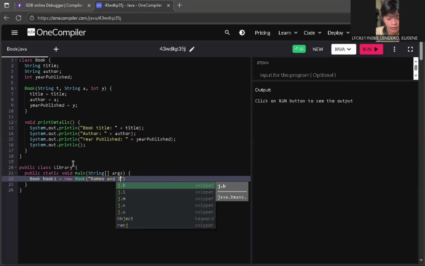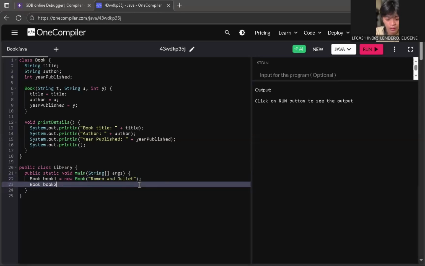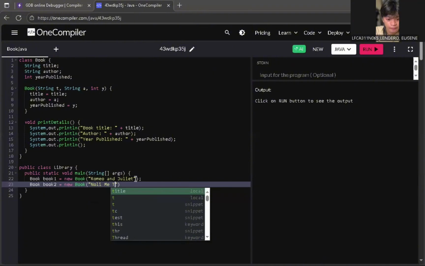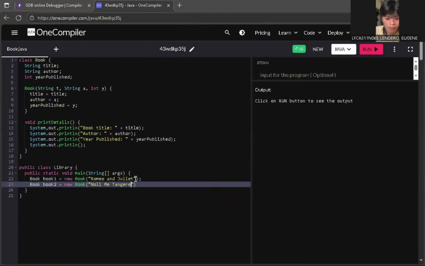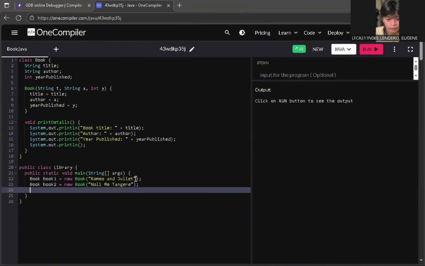My second book is Noli Me Tangere. Then my third book is El Filibusterismo. Semicolon.